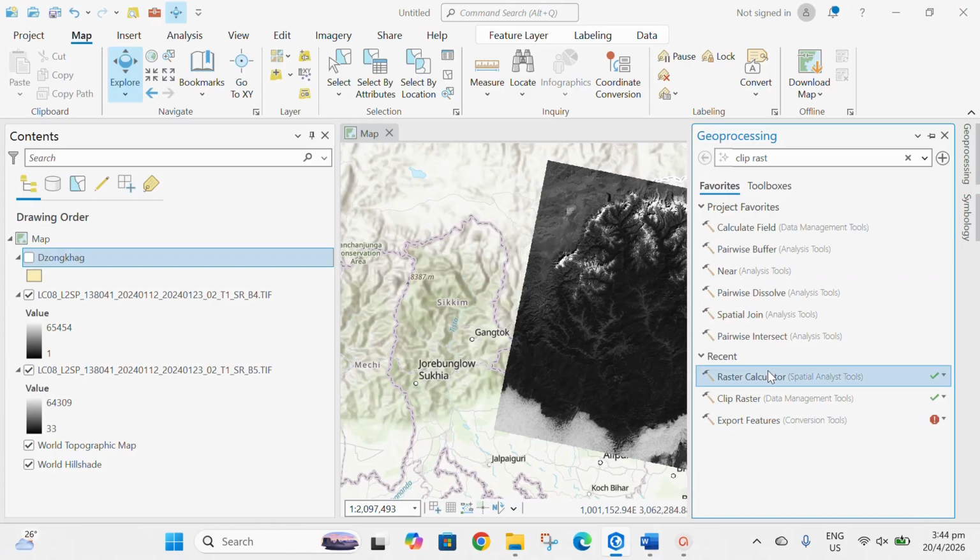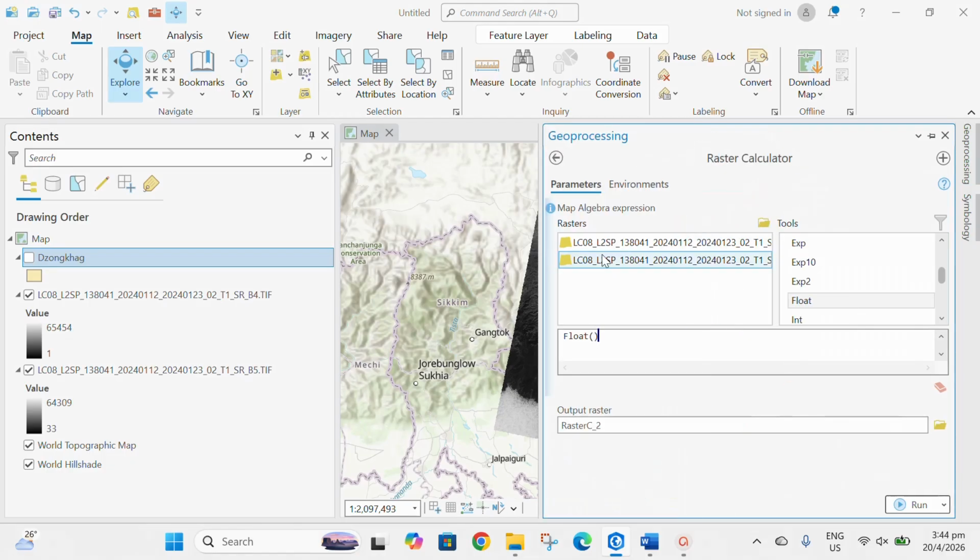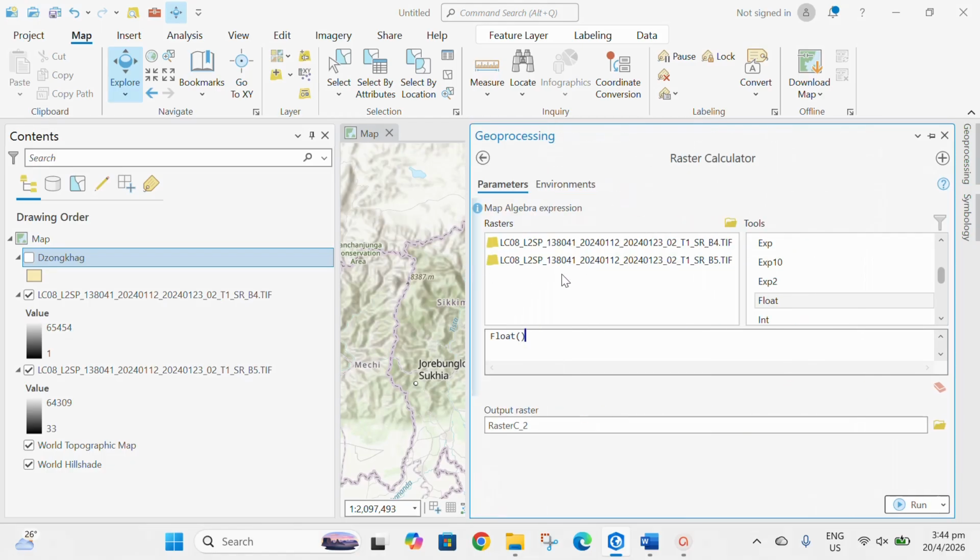Search for raster calculator in the geoprocessing toolbox, then look for Load under Tools, and load band number 5 minus band number 4, divided by